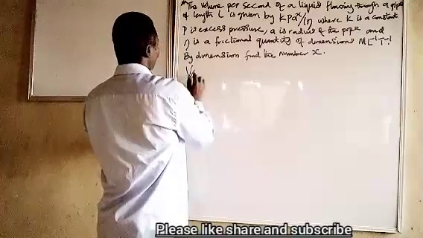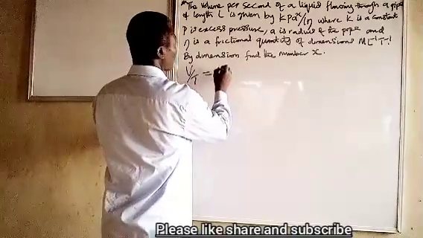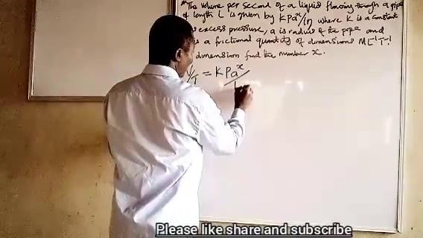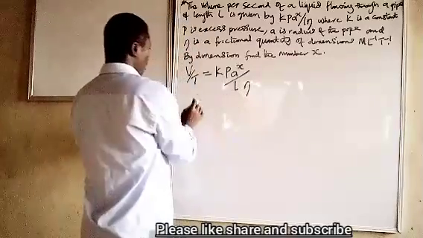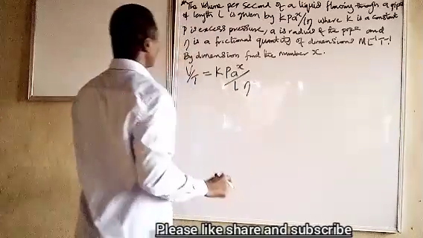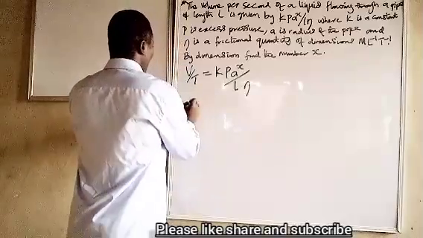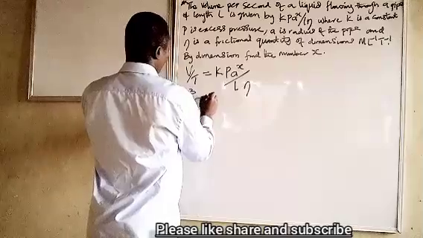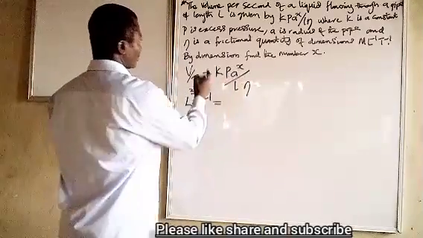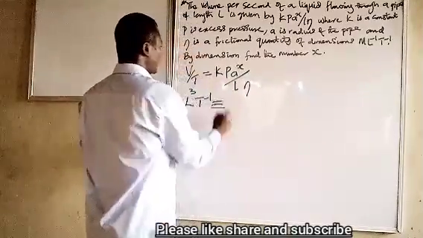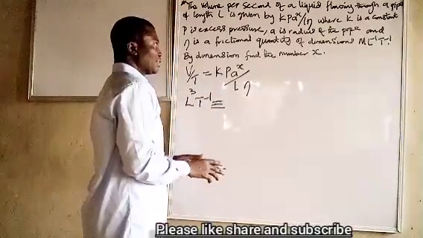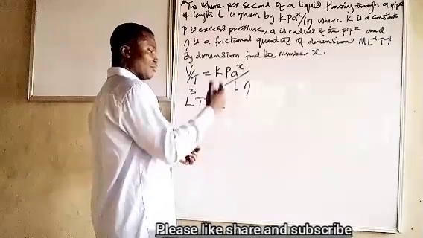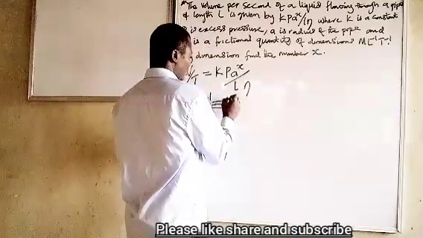V over T is equal to K P A raised to power x over L mu. So what is the dimension for V? L raised to power 3. For T, we have T. Now for P, what is the unit of P? That is Newton over area. And what is that of Newton? Okay, then that will be